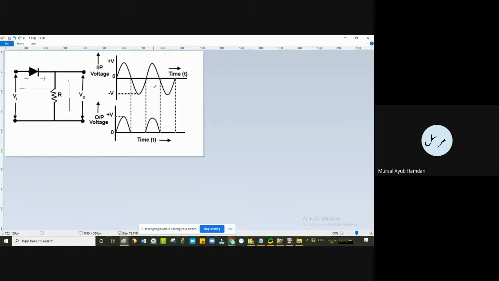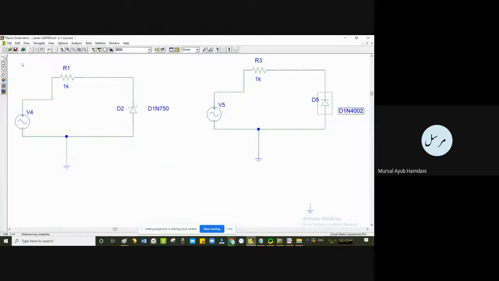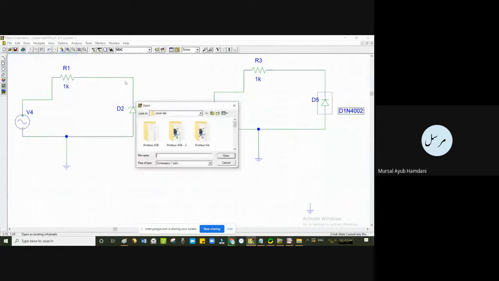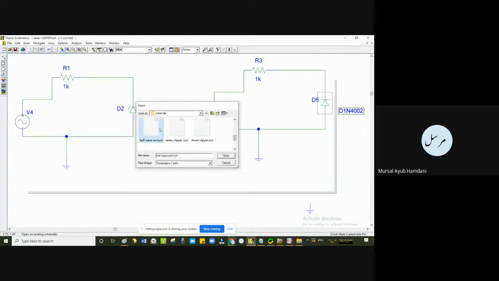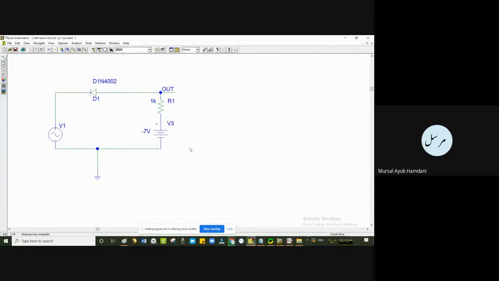So let us now, using this fundamental circuit, simulate it in PSPICE. File, open. I have made one example, a half wave rectifier circuit. Some changes I have made to it now. I shall try to make it go back to the